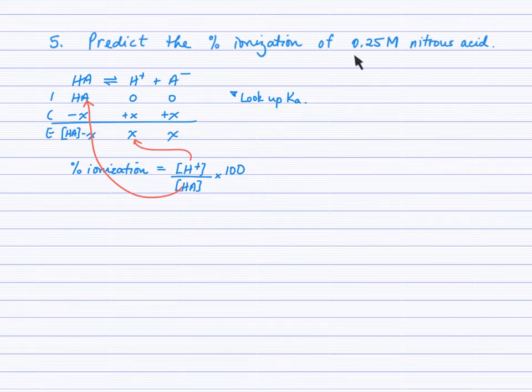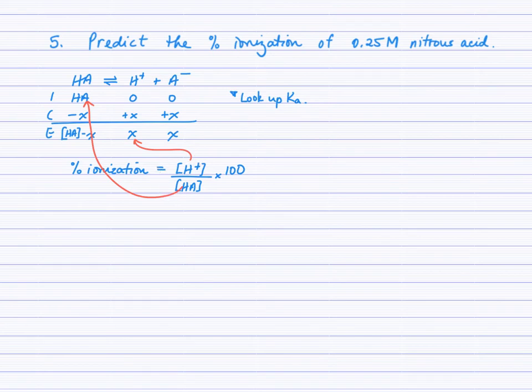And so when you look at what we've been given, we do have the initial concentration, we just don't have the value of X. Well, if you don't know X and you're looking to find it, if you can write an equation for K, in this particular case Ka, substitute your expressions and solve for X, then you'll be able to know X and complete this